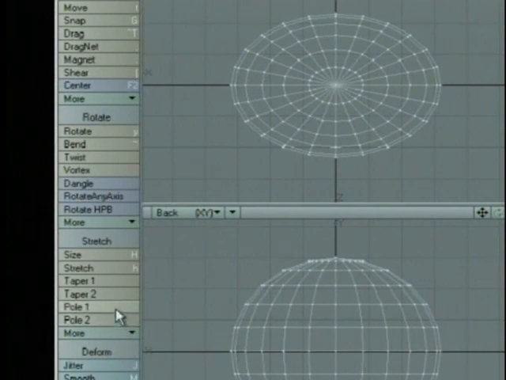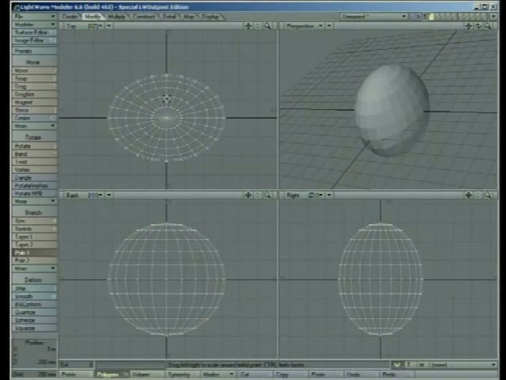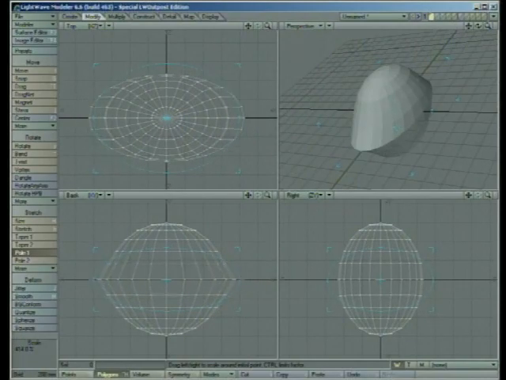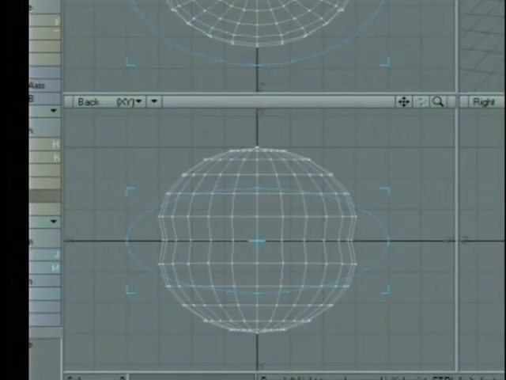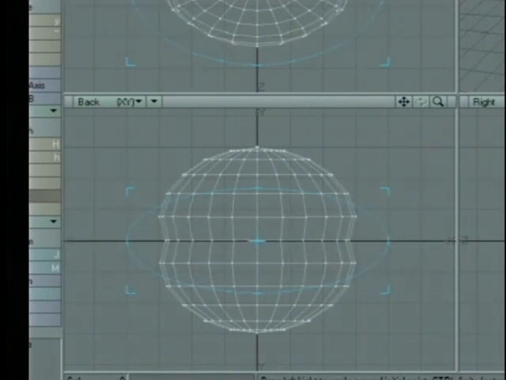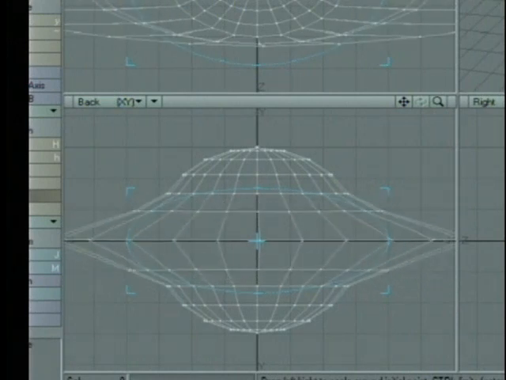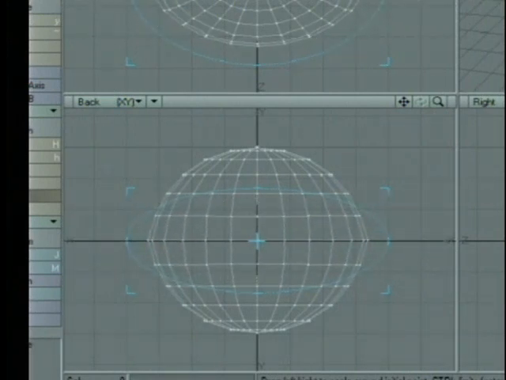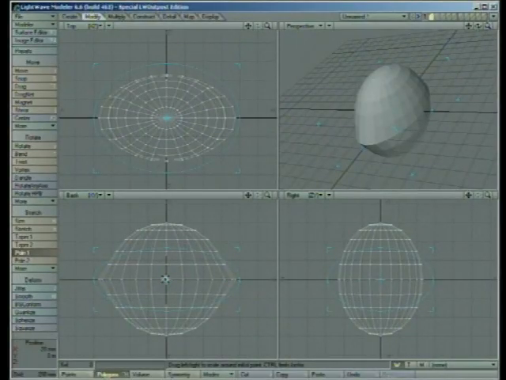Pole 1 is another uniform sort of deformation tool that allows you to drag out a volume, just like magnet and vortex do, of the area that's going to be influenced. So I'm going to center this up in my object. Now if I go ahead and engage the pole, you kind of see that it has kind of a, I don't really even know how to describe the pole effect, but it uniformly stretches the points away from the area of influence or towards the area of influence,